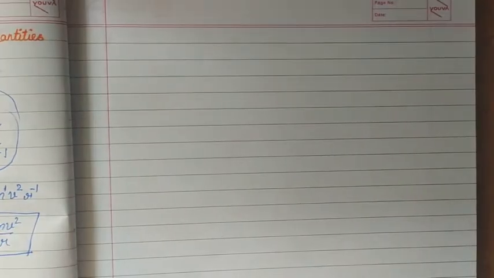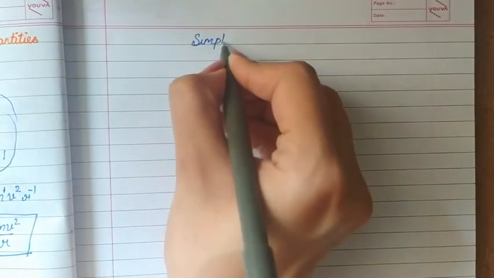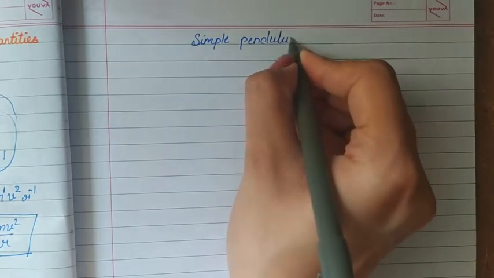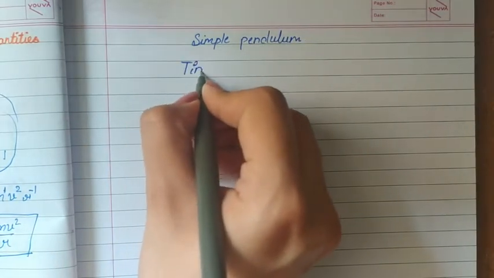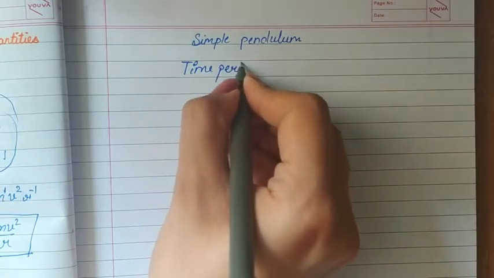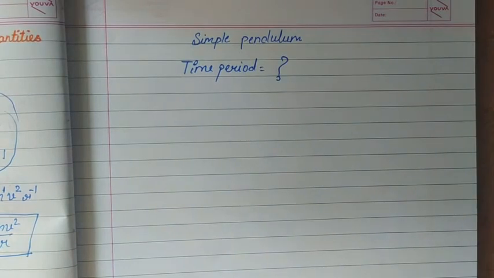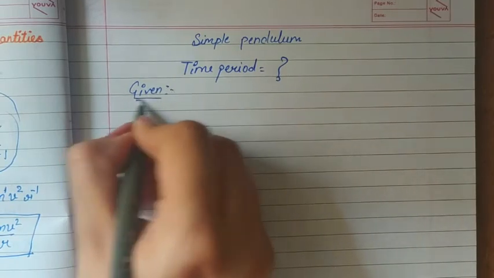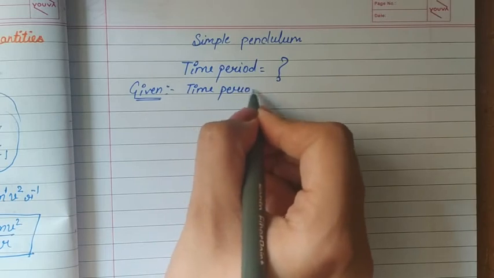The second example I am taking here is of a simple pendulum. So the question is, find the expression for time period of simple pendulum. So for time period we have to find the expression using dimensional analysis, and it is given that this time period depends on